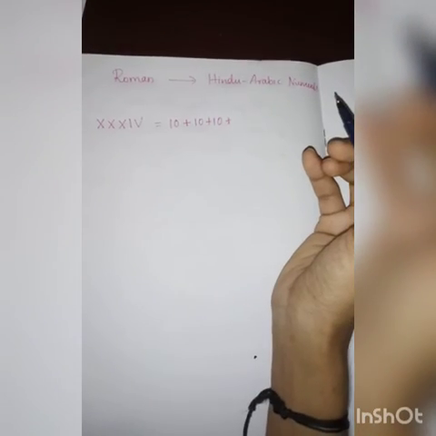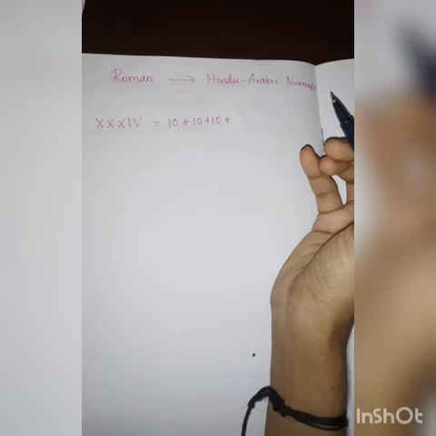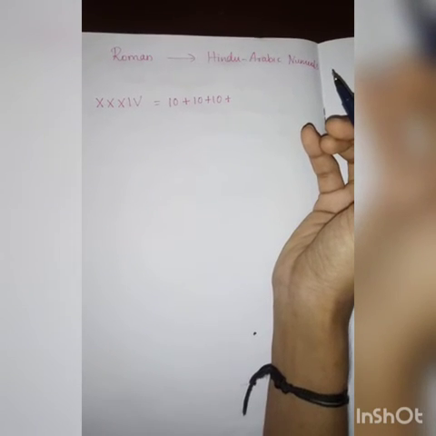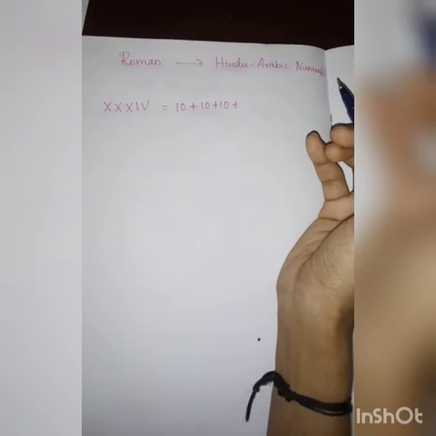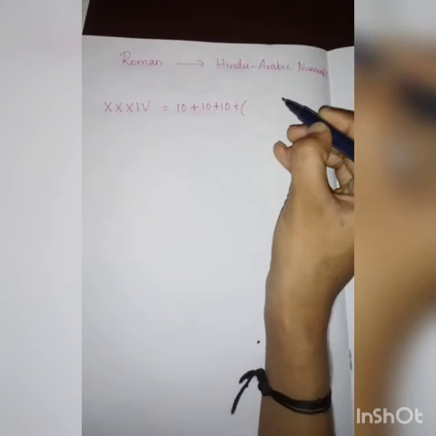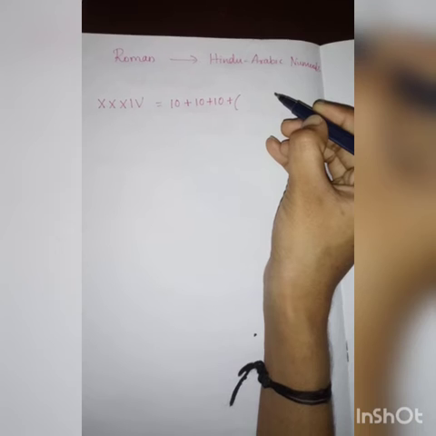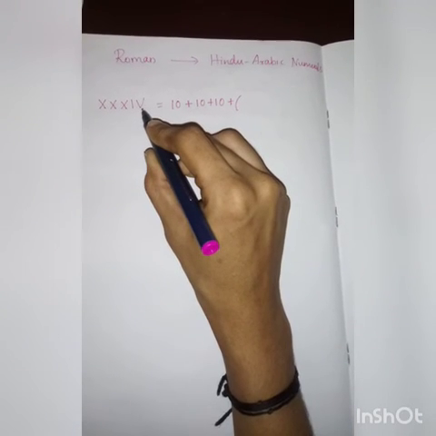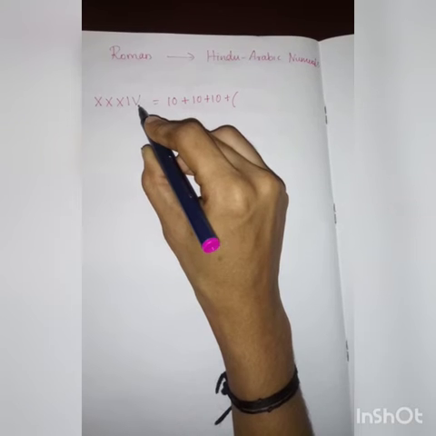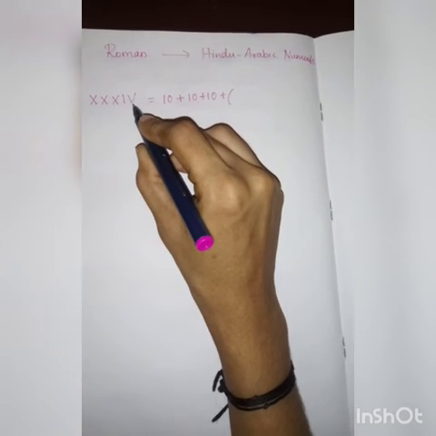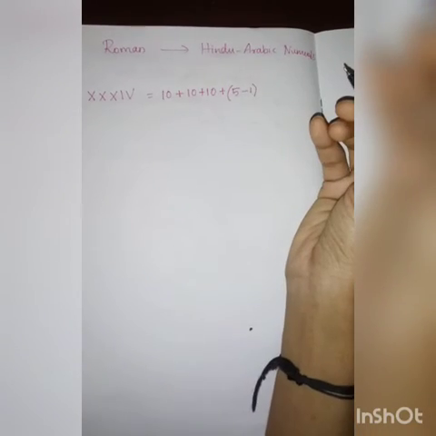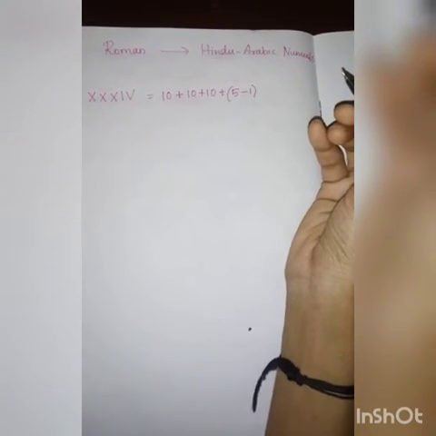IV. I is a smaller number when compared to V. So, obviously what takes place? Subtraction. So, subtraction takes place, what will you do? Greater number minus smaller number. Always, if a smaller number is on the left side of the greater number, you will subtract it. So, what is IV? 5 minus 1, because greater number minus smaller number.